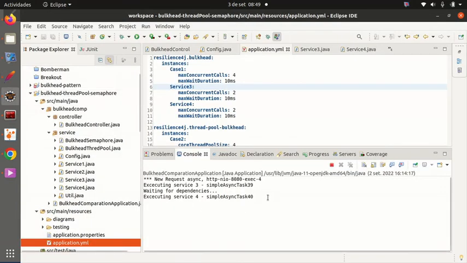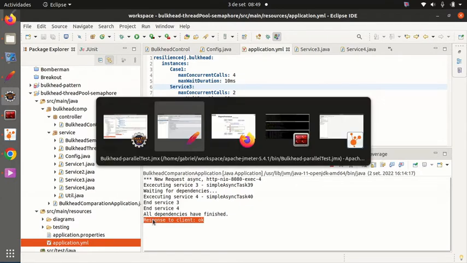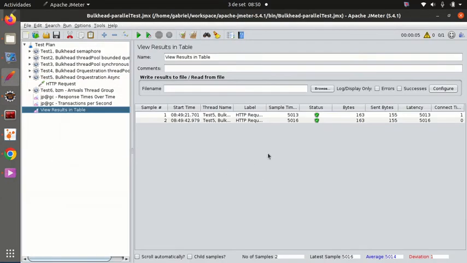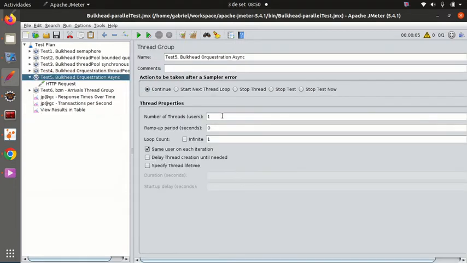Here we are waiting for the synchronous call, and when the response arrives to the orchestrator, it analyzes both of them and sends back the response to the client. Let's see the client again. We have 2 success requests. So now we can see that the asynchronous annotation is working, and let's now increment the number of concurrent requests, concurrent clients,